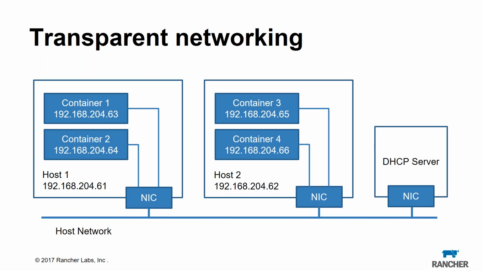So really what's going on here is I'm creating 4 containers on 2 hosts, and these containers are essentially connected to the host network. So from a DHCP server perspective, they're basically seeing the MAC address of the containers, and the containers are essentially getting the IP address directly from the DHCP server. So for Windows admins and for IT admins, this works really well, because in a lot of